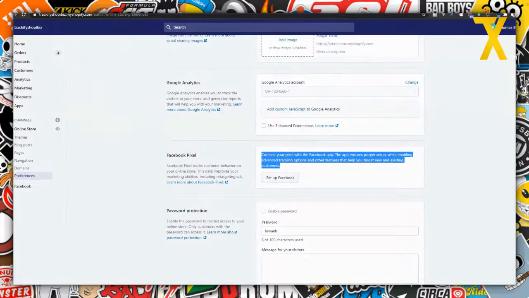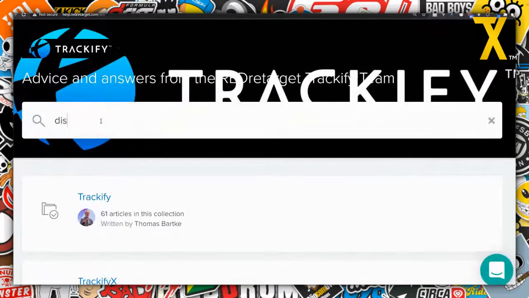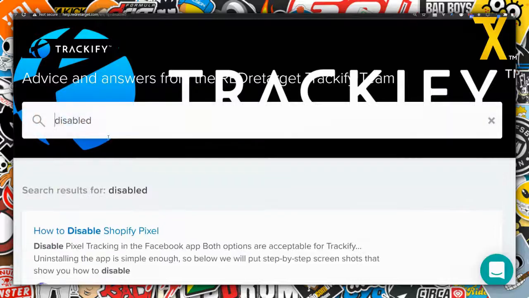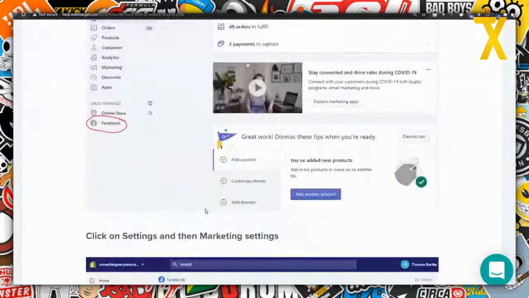And maybe I should, at this point, also say another word about that integration, because I've talked about that before, and we actually have a help article now in the Trackify help area, and it shows you right here with screenshots, with a guided screenshot sequence, how to go about removing the Facebook pixel if you have this Facebook app and sales channels installed, and if your Facebook pixel is connected to that.